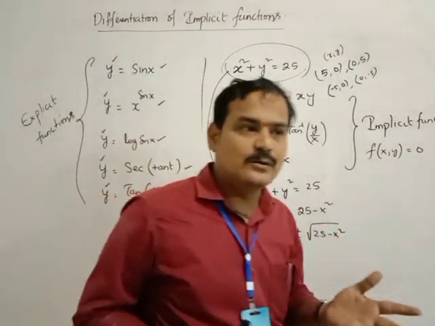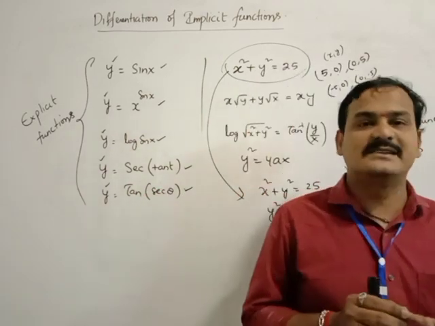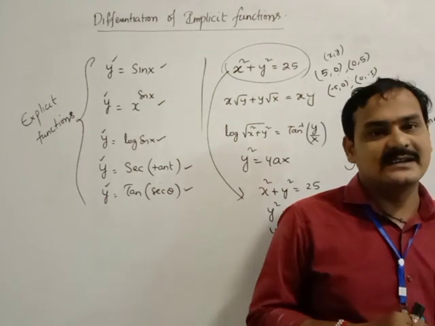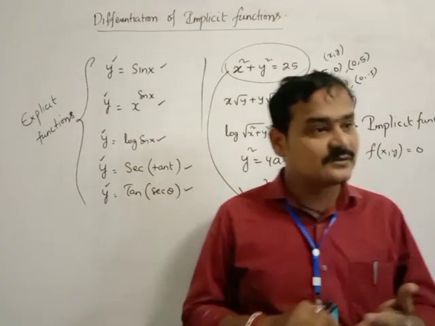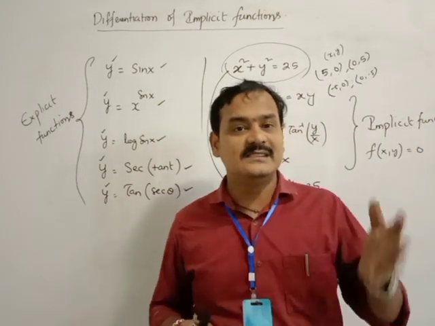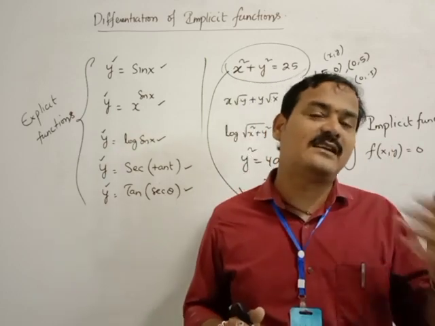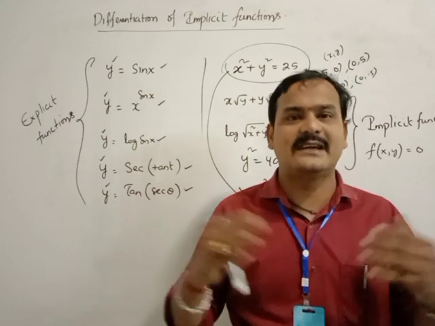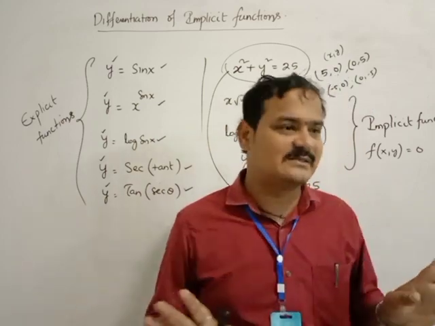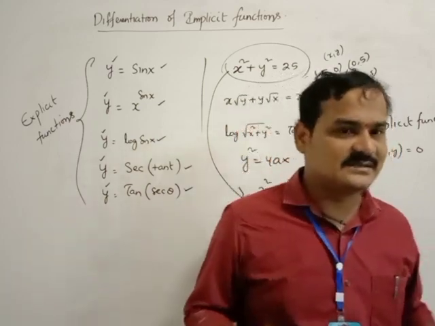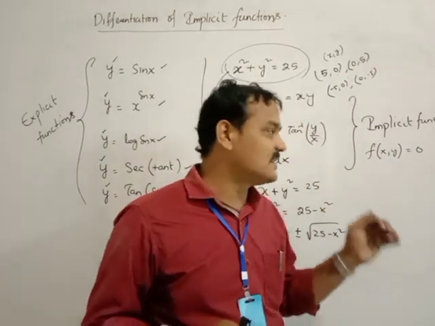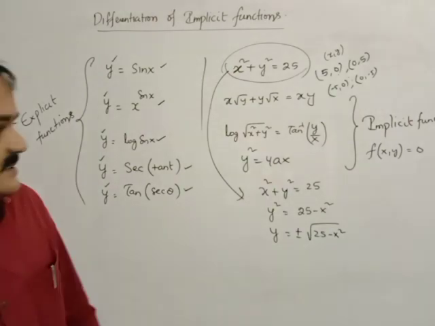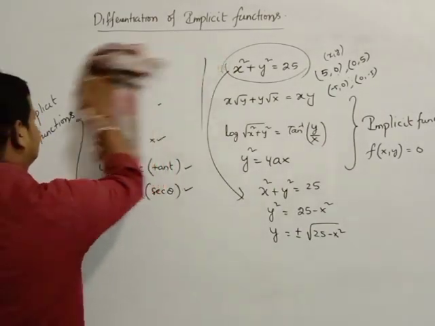Up to now, what did you study? First of all, general formula. Second one is composite functions. Third one is inverse trigonometric functions. Fourth one is logarithmic functions. See, these four types of functions are all separated. You see y is equal to something, y is equal to something, like that you did. So these are all explicit functions, not implicit functions. Now we are going to discuss implicit functions: how to find the derivative of implicit functions.